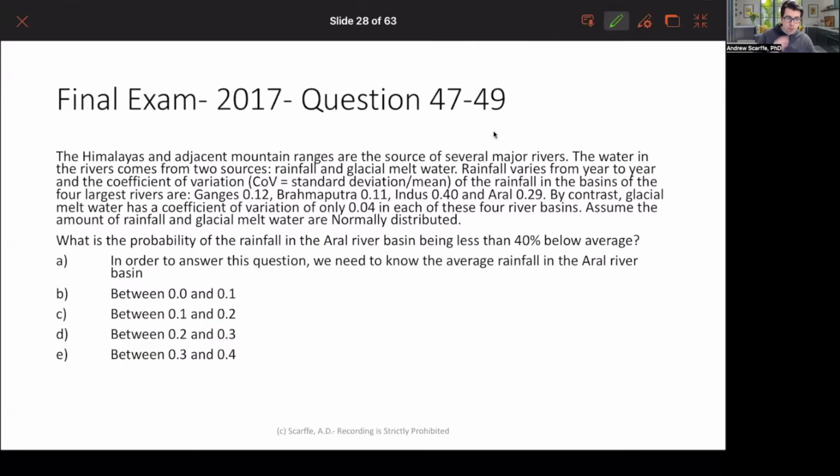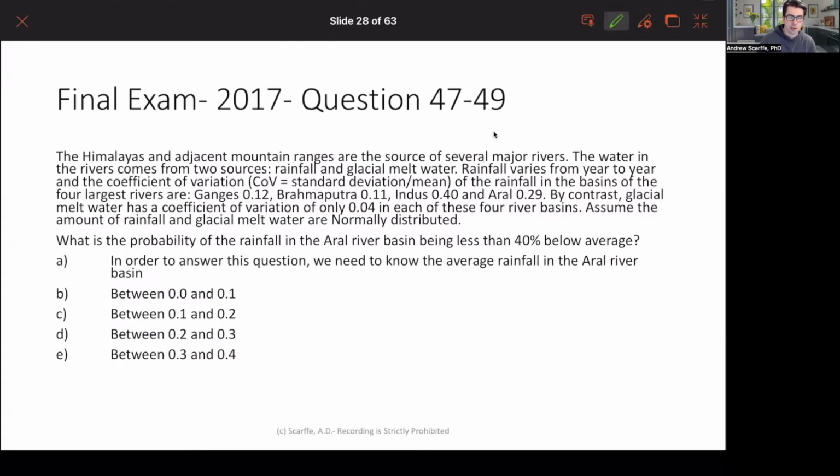Okay. So the Himalayas and adjacent mountain ranges are the source of several major rivers. The water in the rivers comes from two sources, rainfall and glacial melt water. Rainfall varies from year to year, and the coefficient of variation, and they nicely give us what that means, the COV is equal to the standard deviation divided by the mean